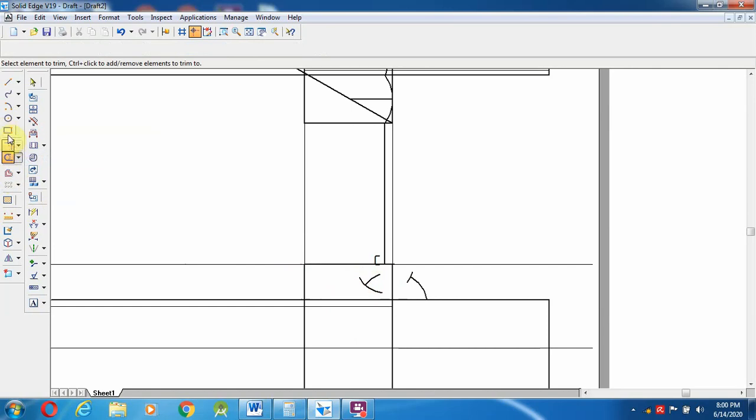So I am going to trim it. Select a line again from here to this end of the line and select extend to next, extend to that particular line, then give fit.